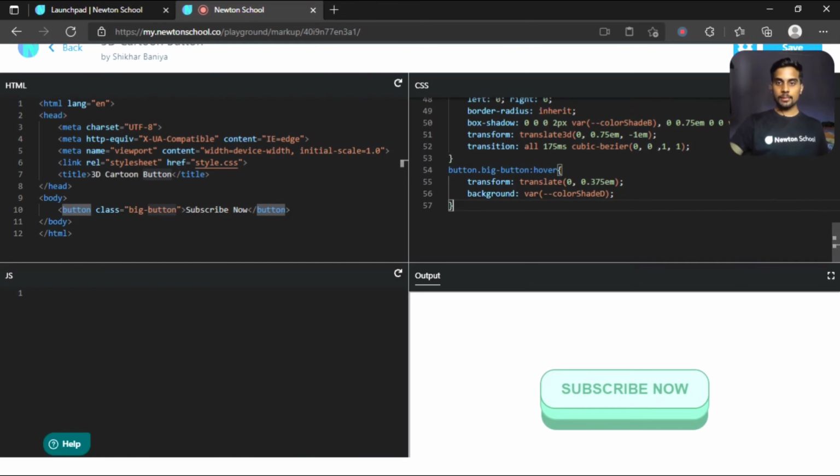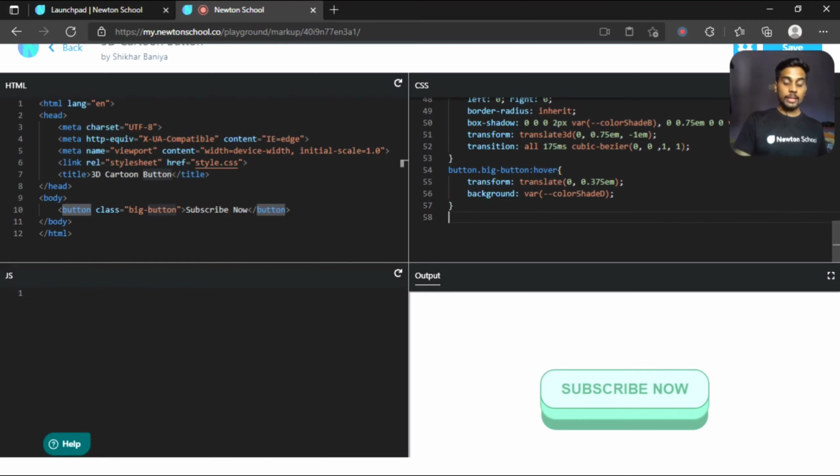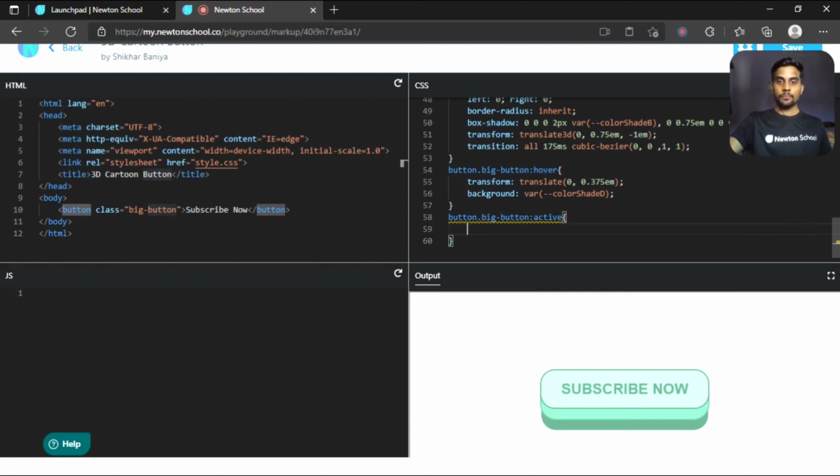So next, after this hover, let's learn another pseudo element, which is active. What active does is, whenever I click on some element, this active pseudo element will call.